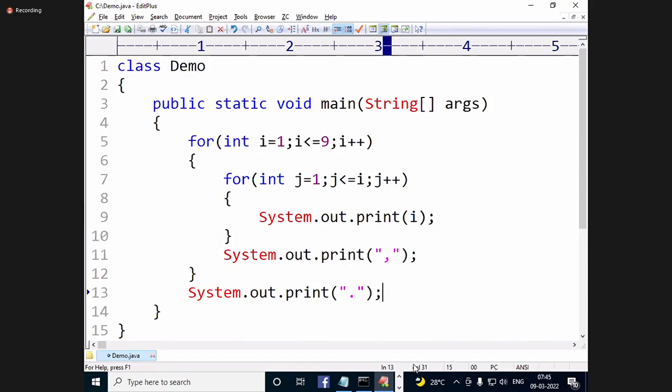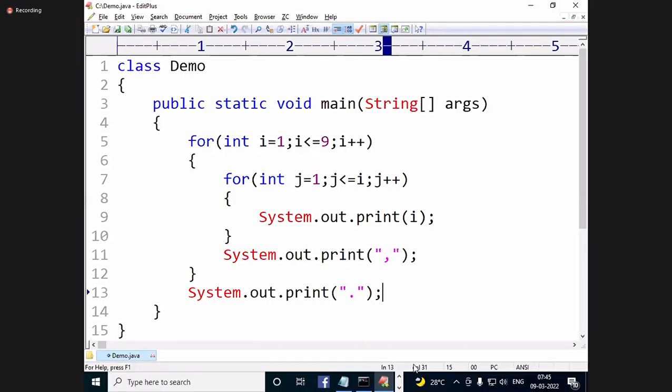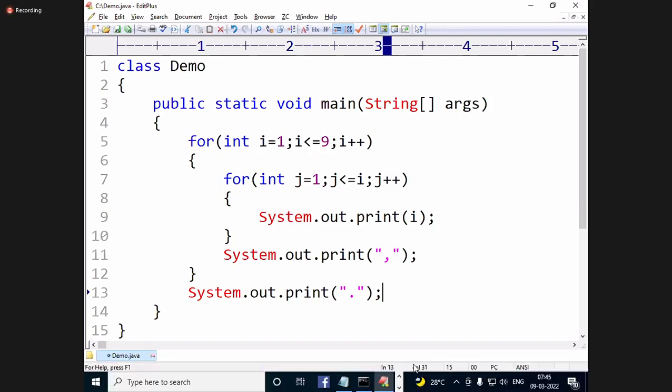What we have tried. Think yourself. You'll get an answer. I don't want a comma, only full stop. Any difficulty is there? What is it? One condition, that's it. One condition. If I value is 9, full stop. Remaining all comma. One condition, that's it.